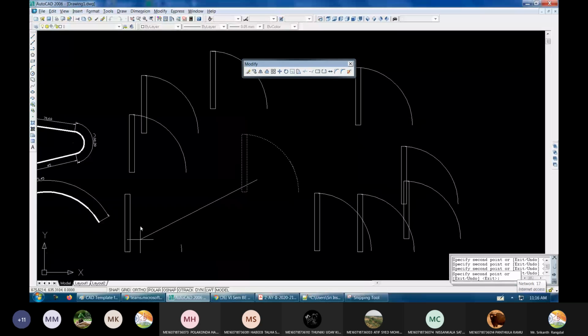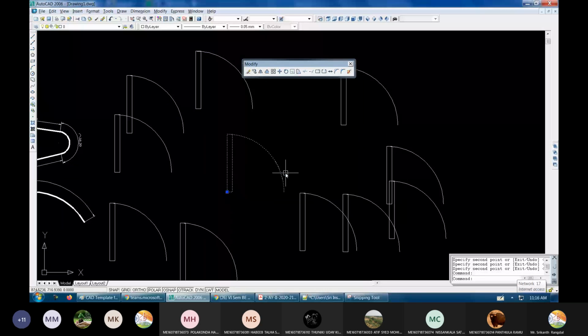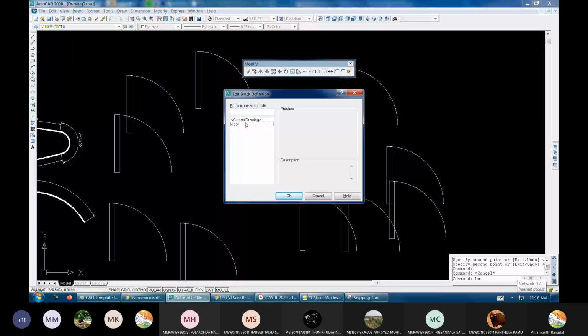And now my boss suddenly comes and tells me, "Why did you keep this solid? Change it to dashed." Fine. So now I've already copied it to 100 places. What I have to do is just use the block edit command, BE. BE enter. When I do, the list of all the blocks will appear here.